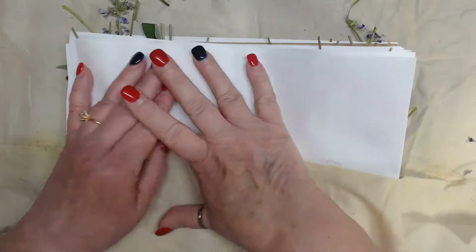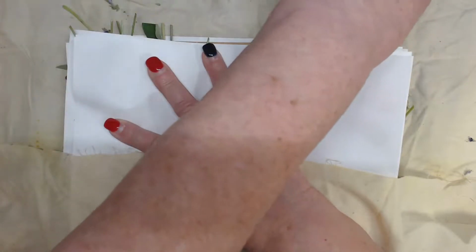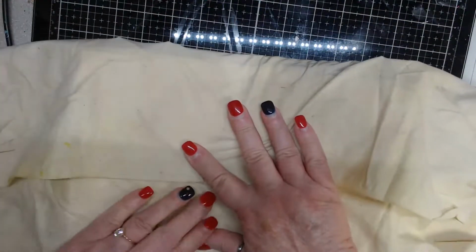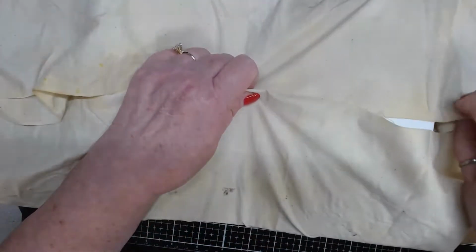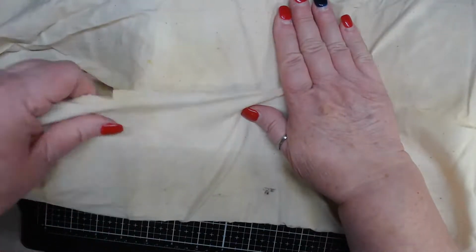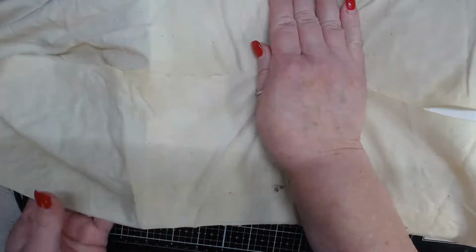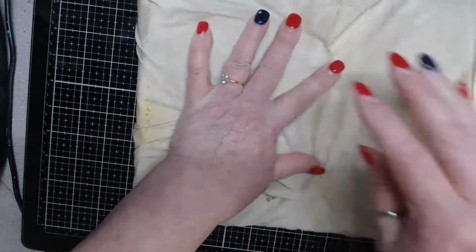So once I put my rack down in the bottom of my pan, I'll lay my bundle on top. I'll fill it with cold water till it covers my bundle. And I don't want to pull it too tight because I don't want to bend my paper. Now this is a little different because, like I said, I'm leaving my paper out flat rather than folding it in half. So I'm just going to bring this over